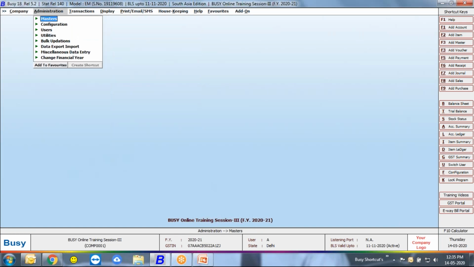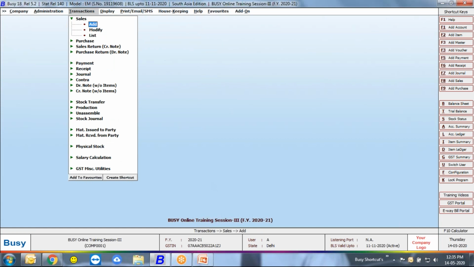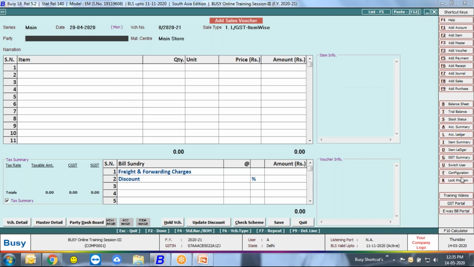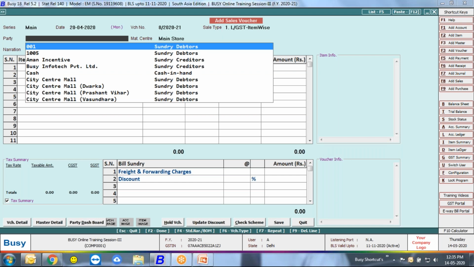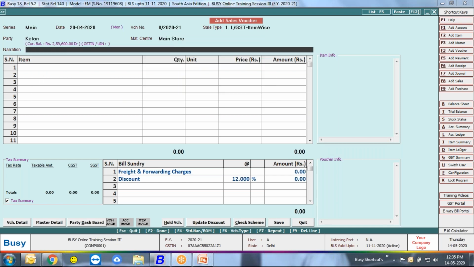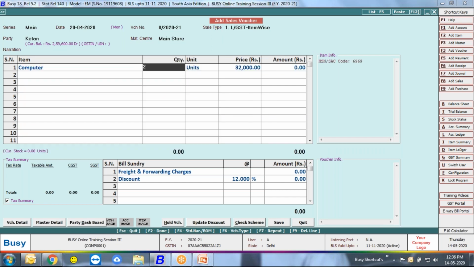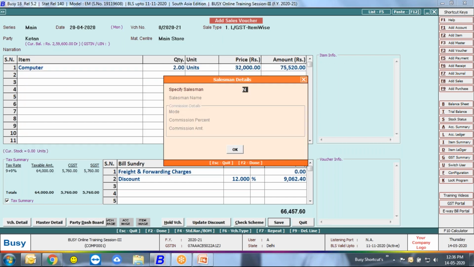Next, how is it working? As you configured, when you enter in sales, just select your party, like I said, Ketan. Select your product. Now, when you are going to save this voucher, Busy will ask to specify salesman.